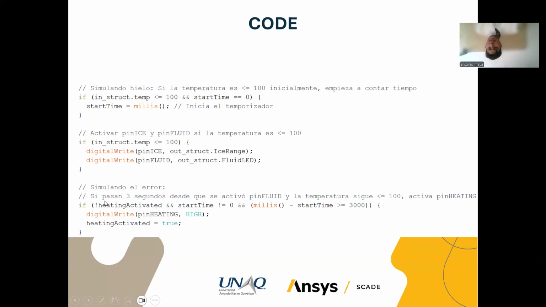We need the heating activated flag to be turned off because it's supposed to be only one subsystem at a time, that is the distribution system. And we also need the start time to not be 0, because it's going to count 0, 1, 2, 3, 4, 5, all the way to 3,000 milliseconds. So it needs to start with a count. It needs to indicate that the further system is not activated yet,